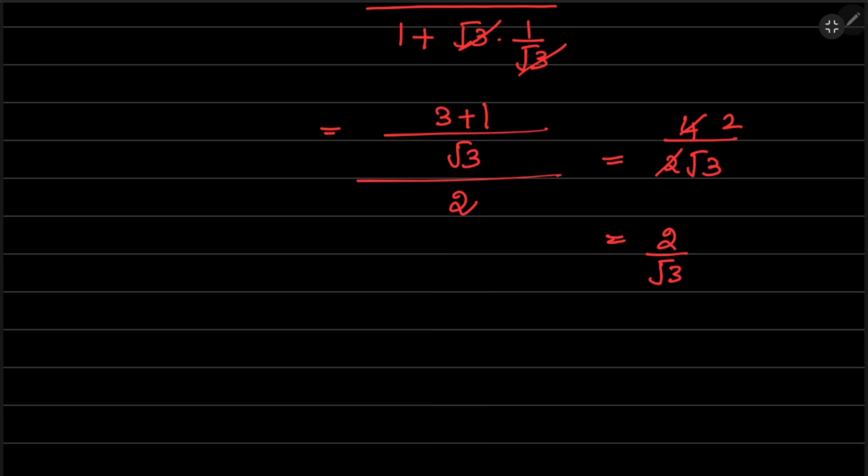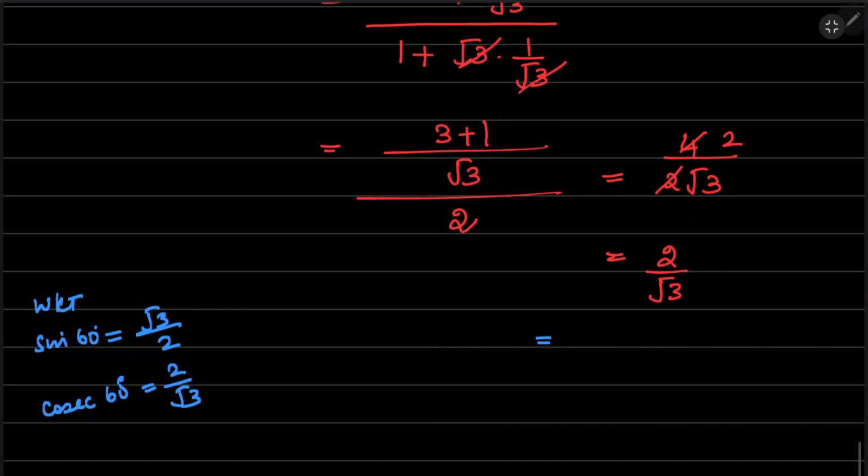Sin 60 is root 3 by 2. We know that sin 60 degree is nothing but root 3 by 2. Reciprocal of sin is cosecant 60. Right? Cosecant 60 is 2 by root 3. So this is nothing but, what is at the LHS? It is cosecant